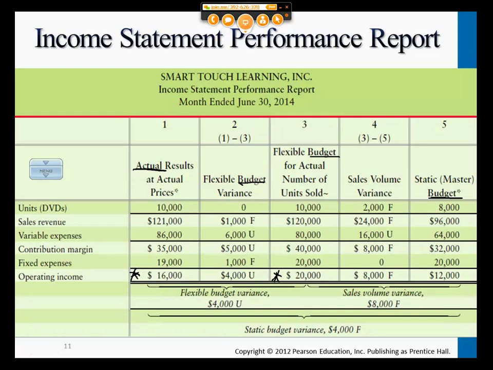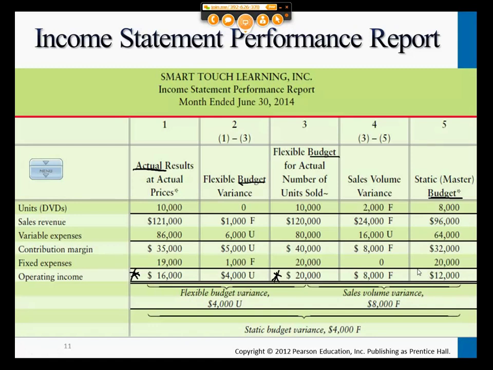Okay, so column 5. What is this column 5? That was the budget. That's the static budget, right? At the beginning of the month. Beginning of the year. Static is like your master, whatever is the dynamic in your company, right? Usually it's like a quarter or a month. It's not very commonly put together because it's a lot of work, right? So we are saying that we thought we would sell 8,000 units and that our operating income would be $12,000,